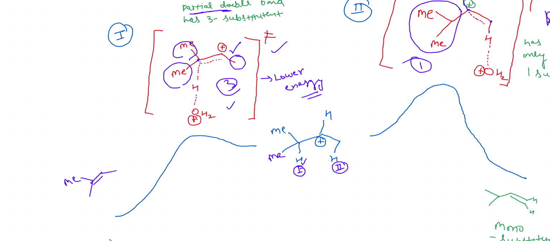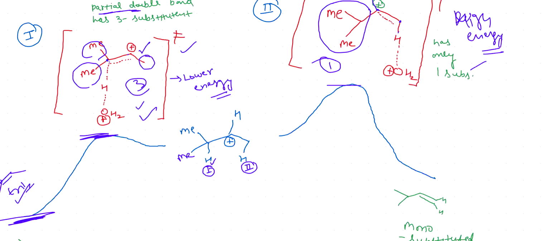Clear? So this is a product from here. This is tri-substituted alkene. And this is the energy level of the product, and this is the energy level of the transition state in this case. In another case, when there is only one substitution, here is the energy of the transition state. And the product from this transition state is at this energy level, which means it has higher energy when we compare